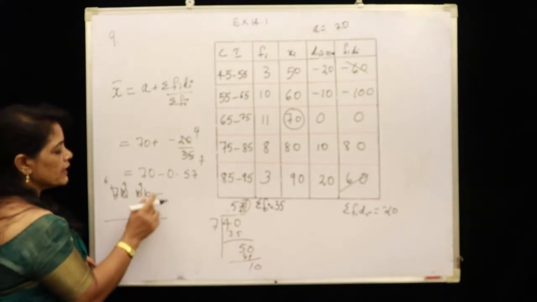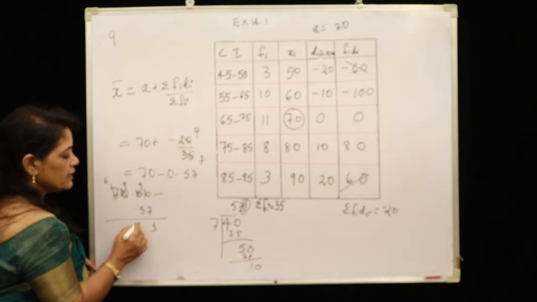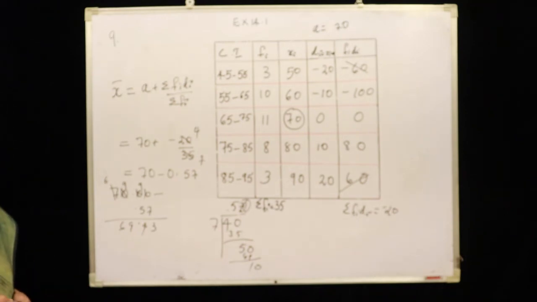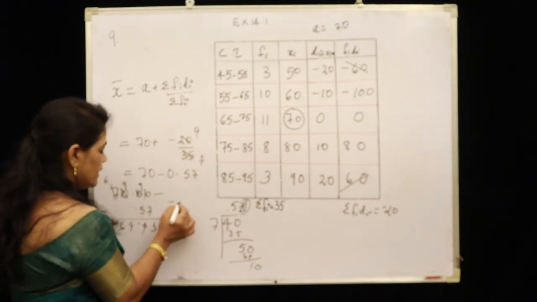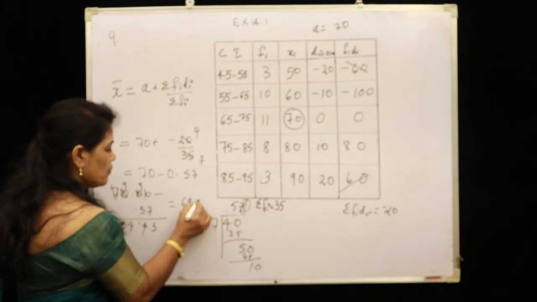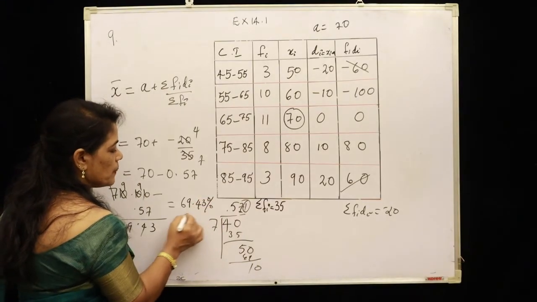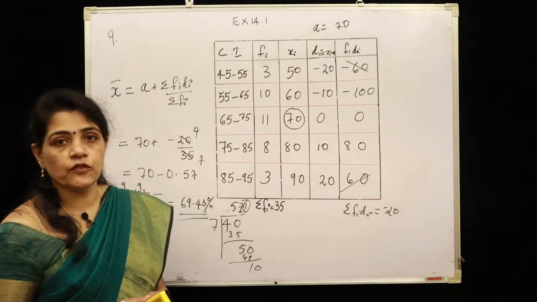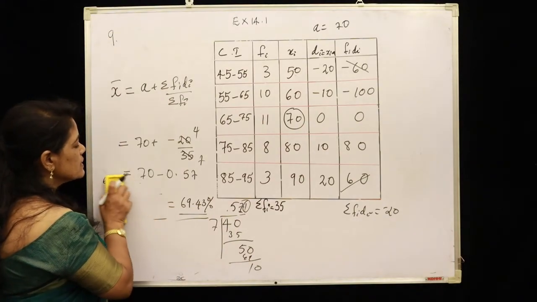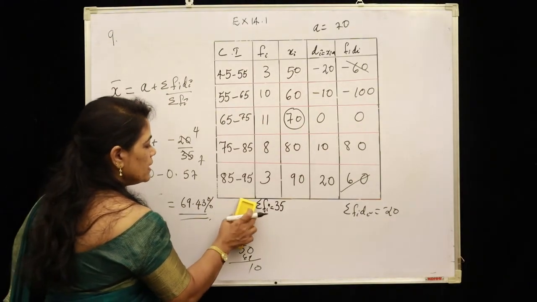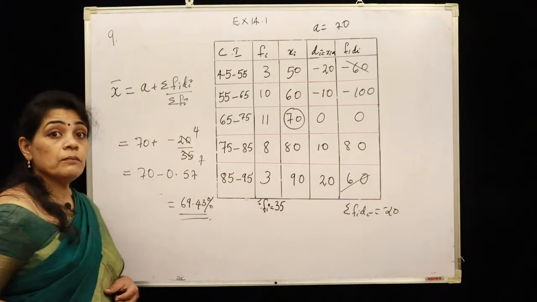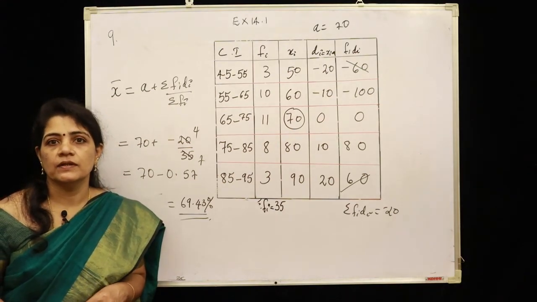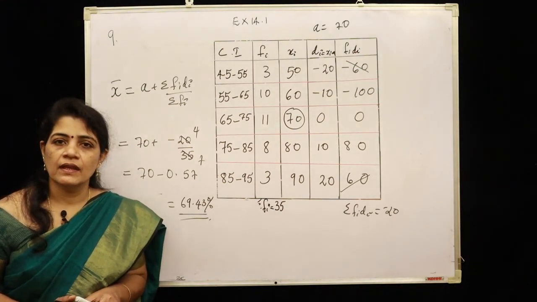So 7 to 10, 3, 5 to 9, 4, here 9 and 6, 69.43%. We have collected the literacy rate for 35 cities, and the mean literacy rate is 69.43%. Is it clear, children? This is all about